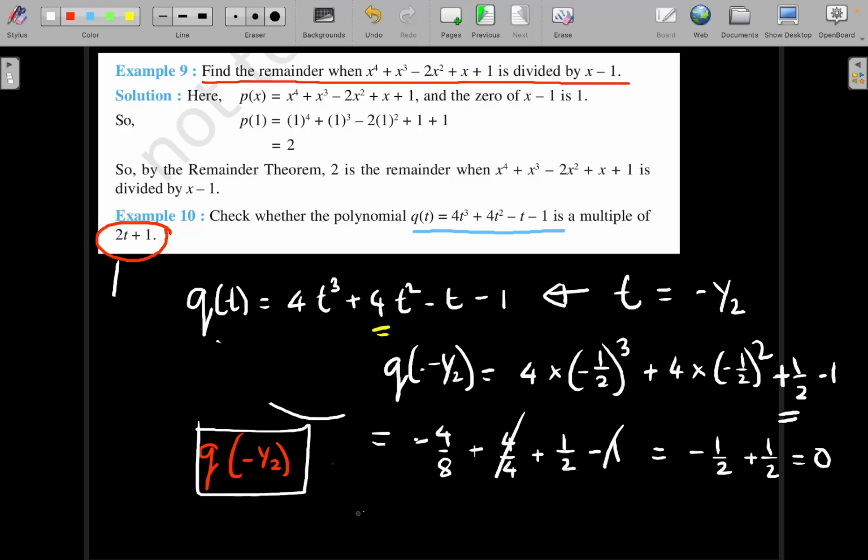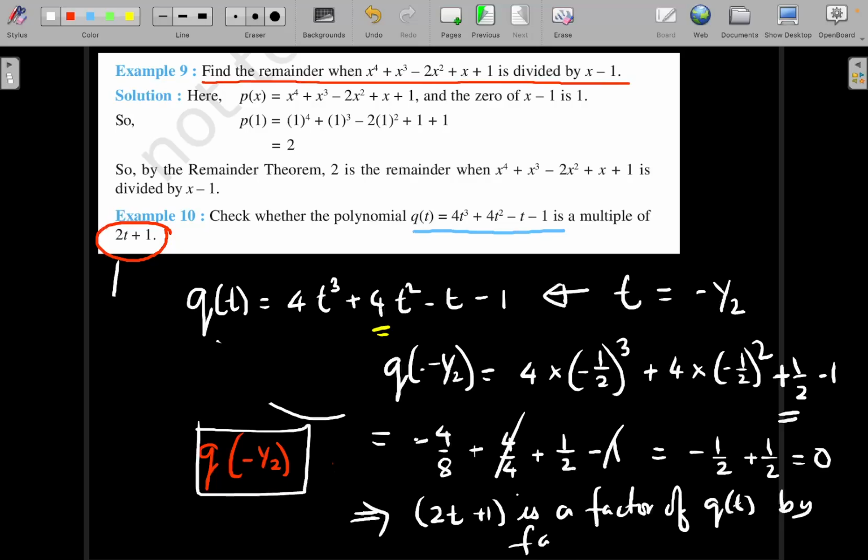So this implies that indeed 2t plus 1 is a factor of q of t by the factor theorem. So both of these are very nice examples of whatever we have learned in the last class. So now I'm going to shift to the exercise. So I'm going to solve a few problems from the exercise, and that should typically be the next step of